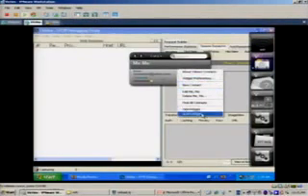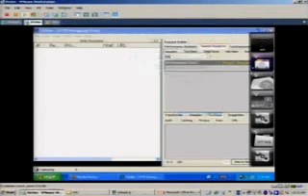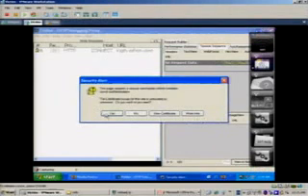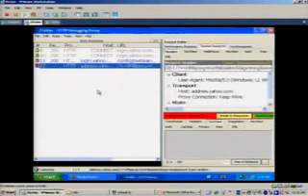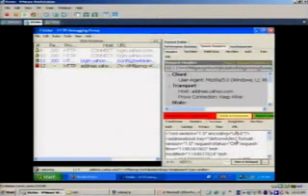I'll close the widget. Okay, so we set a breakpoint at the address, and let's break on response. And now we can change the information.